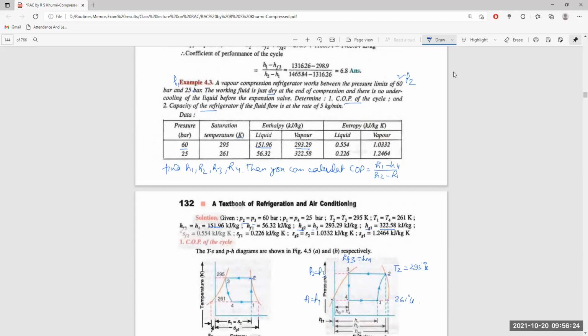And Sg2, the entropy at S2, is given as 1.003, the entropy at the gaseous state. And Sg1 is the entropy at the gaseous state at point 1, but it is not on this line, it is somewhere here. So with these inputs, what we will do,